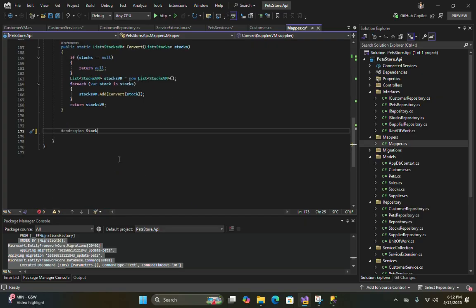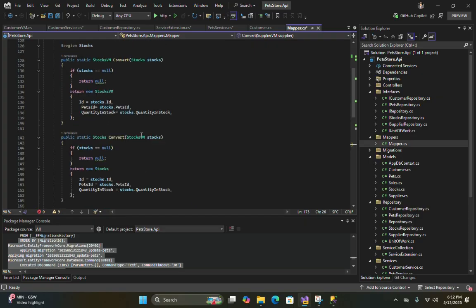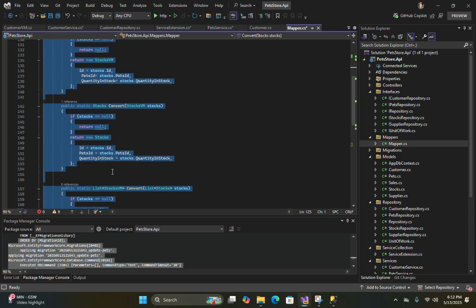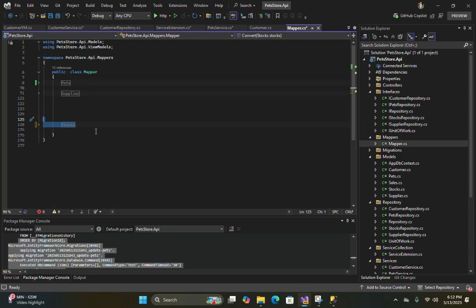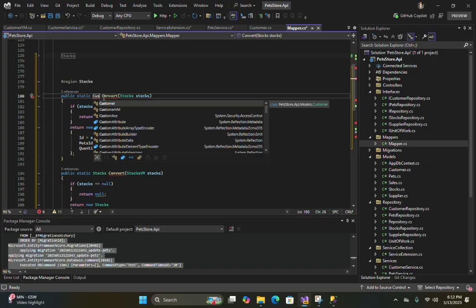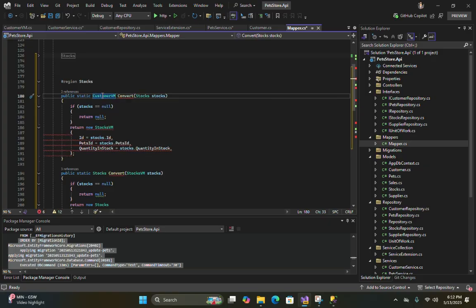Let's see, stocks. Let's copy for stocks and paste here and update stock with customer view model.